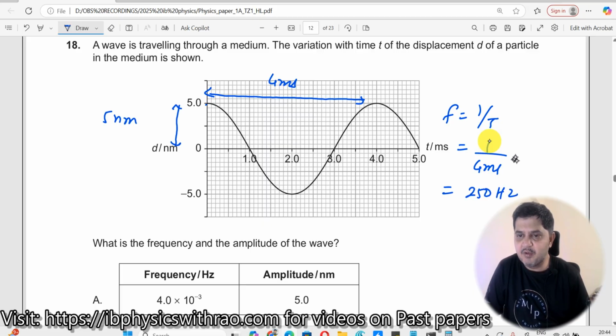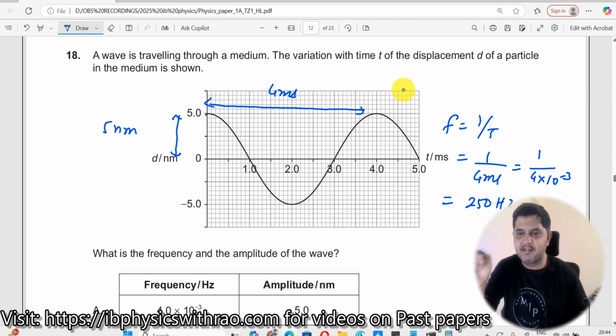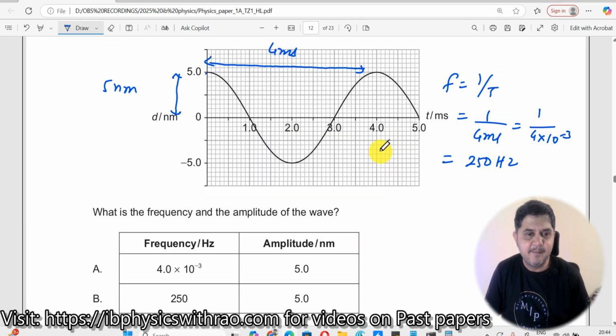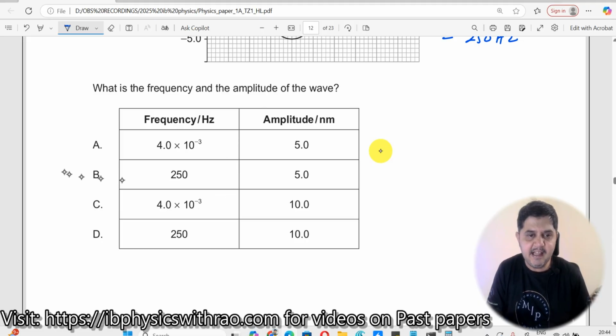which should be 1 gigahertz. If you want to know how I get this, milli is 10 power minus 3 when it goes upwards. 1 divided by 4 into 10 power minus 3. So 10 power minus 3 when it goes to the top becomes 1000. 1000 by 4 should be 250. So thus the answer is frequency is 250 and amplitude is 5 nanometers, answer is